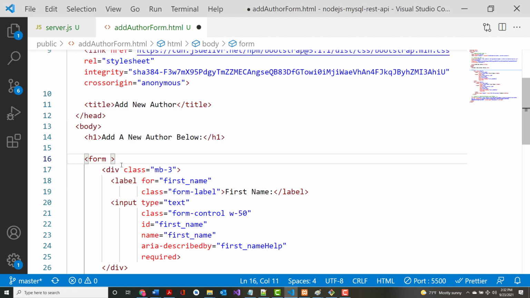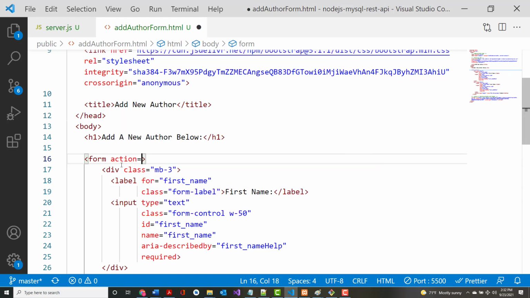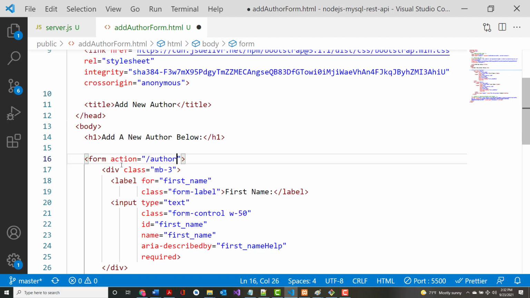And we're going to say, let's see, action equal slash, what did we call that? Did we just call that author for a single author? Might have been better to call that author create, but it's fine. You can change it if you want to. We should be able to leave it here without any kind of problem. So we're telling it to go there. And the method,